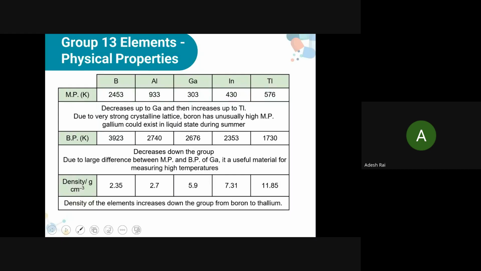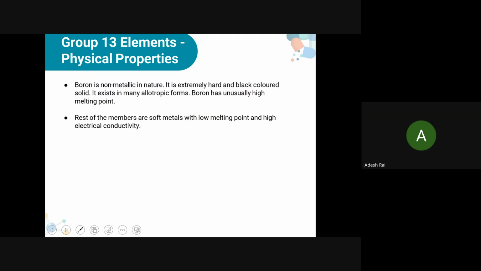Now, physical properties: melting point, boiling point, density. Let me just check what else is there. Then we have to discuss about specific